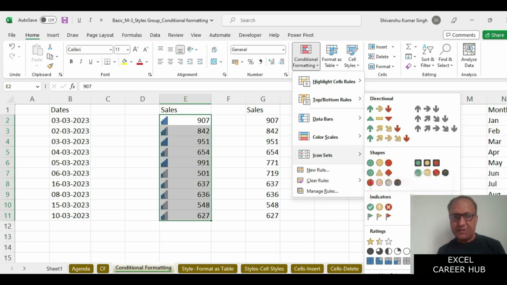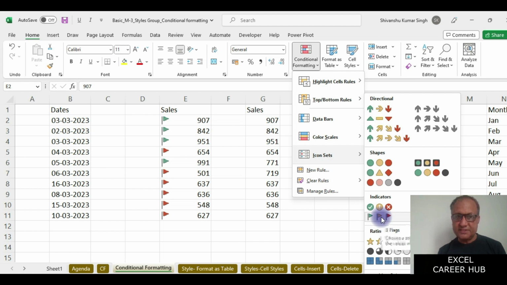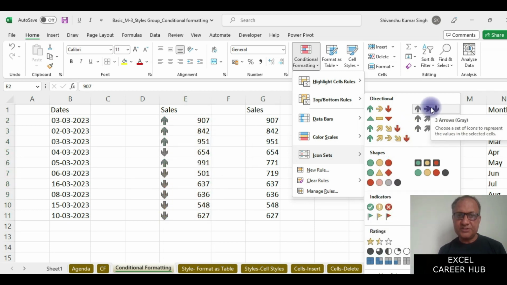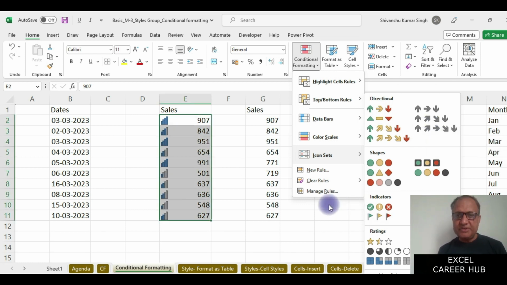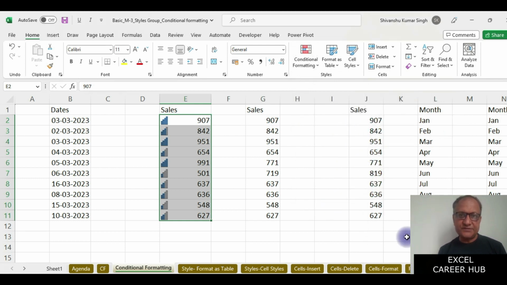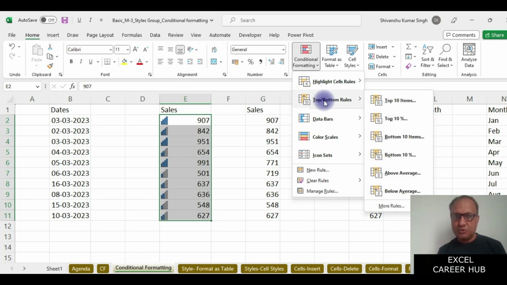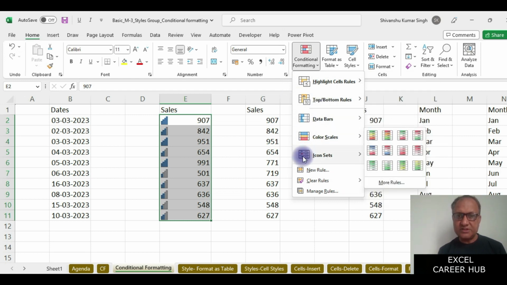We can use this one, we can use this one. So we can use different icon sets to represent our data, and when we are using these icon sets, it becomes easy for the viewer of the data to understand which are the biggest numbers, which are the smaller numbers, which are the middle numbers, which numbers are falling in the average or the middle range. So these are the basic uses of conditional formatting which we have seen till now. We have tried to cover everything from highlight cell rules, top bottom rules, data bars, color scales, icon sets, and